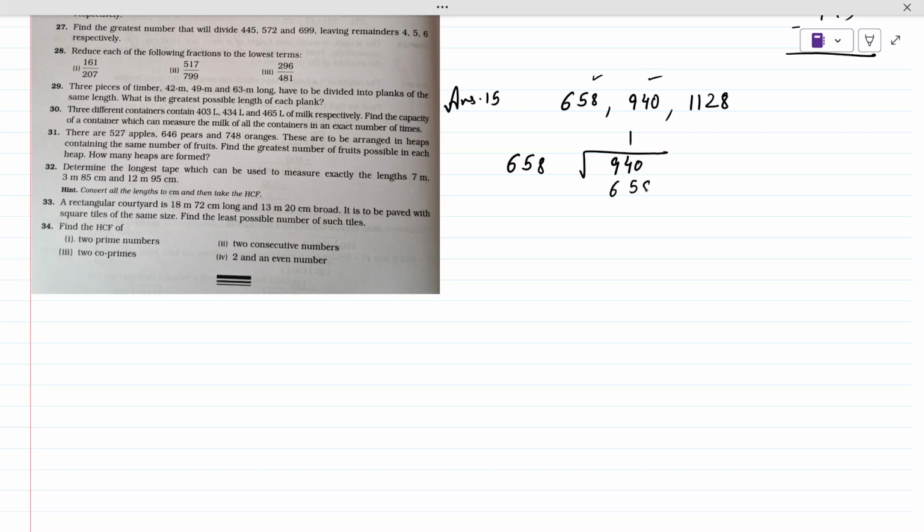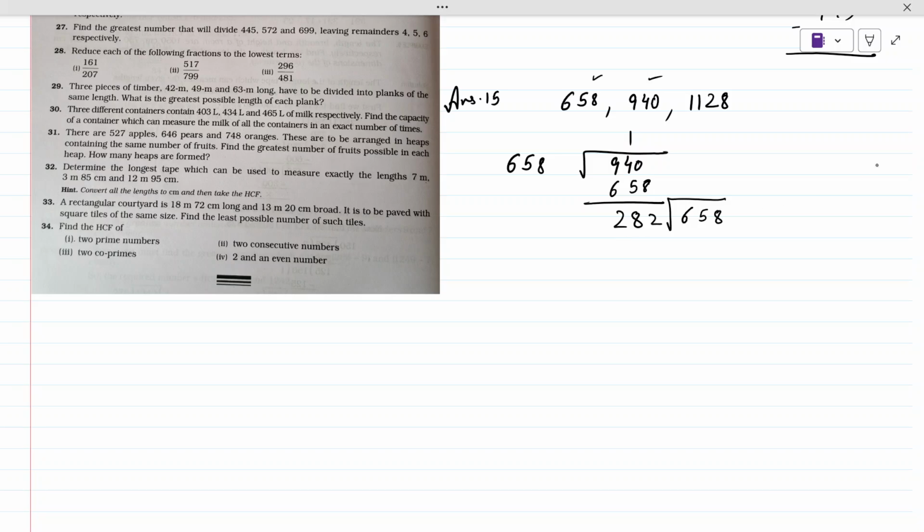This is 6, 5 and 8. 10 minus 8 will give us 2. Then 13 minus 5 will give us 8. 8 minus 6 will give us 2 again. And again, we are going to divide. This is not 0. So we have to divide